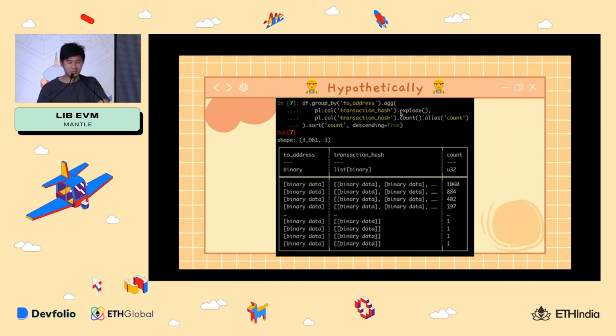And after accumulating it into a list, as you can see here, transaction hash is a list of binary data. I also want to count the number of times this address has received a transaction. And then we can just do a .count, and we can alias it. So this is like 3 lines of code, and you've managed to figure out the most frequently sent addresses in